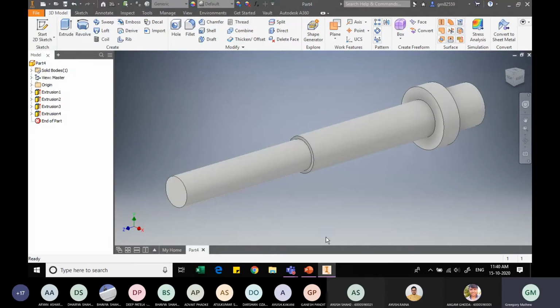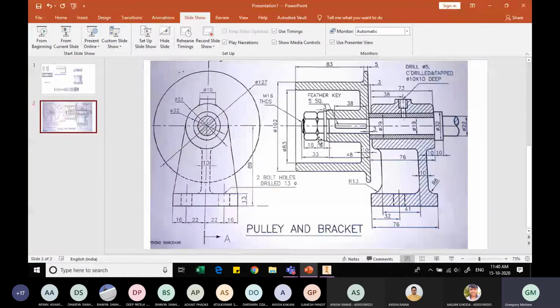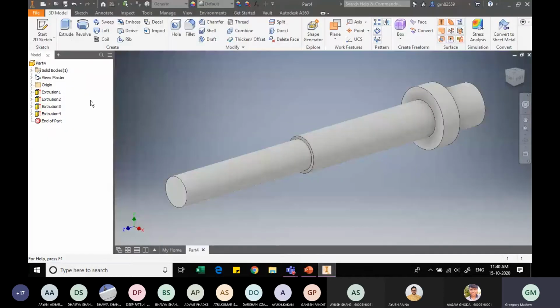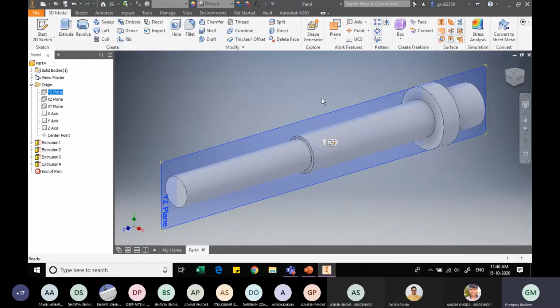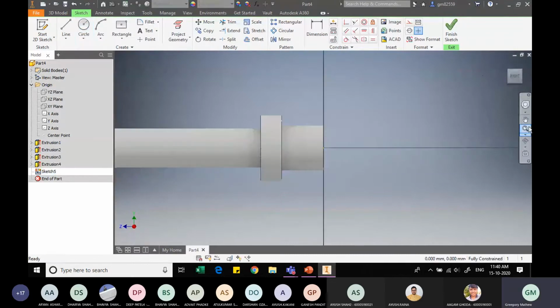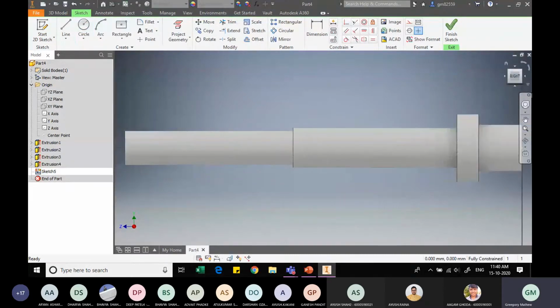And we have this, you saw that curve portion. The height of this curve portion is specified as 3 mm here. So let me complete that. Let me change the orientation. Let me first identify the plane which is passing through the center. So on the YZ plane, I will need to sketch it. Start sketch, reduce the size, yeah, and rotate it.